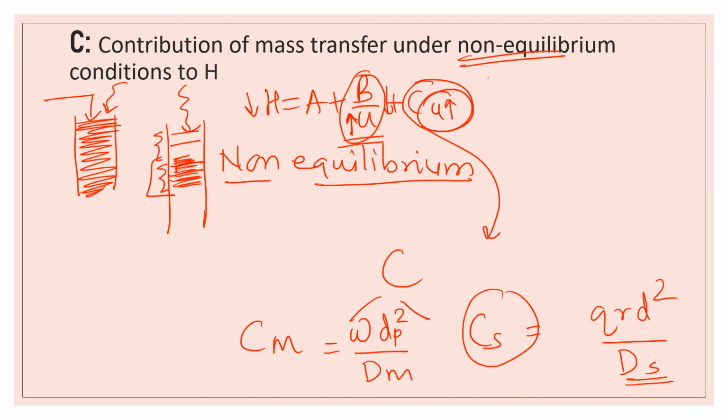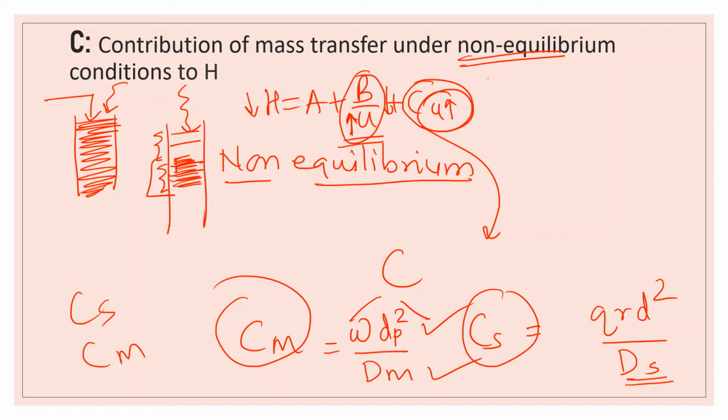Okay, whereas the Cm represents resistance to mass transfer between adjacent streamlines of the mobile phase. It is directly proportional to the square of particle diameter of the column packing and inversely proportional to the diffusion coefficient of solute in mobile phase. Okay, so rapid mass transfer depends on the factors which are originating from the stationary phase as well as mobile phase, and thus here CS and CM both are considered. Okay. Here both the phases are responsible for mass transfer under non-equilibrium condition.